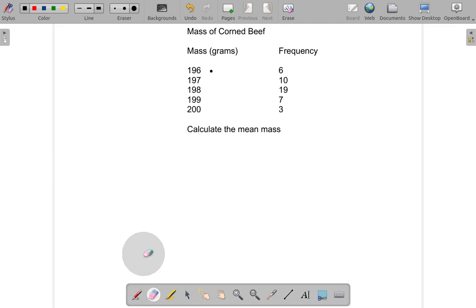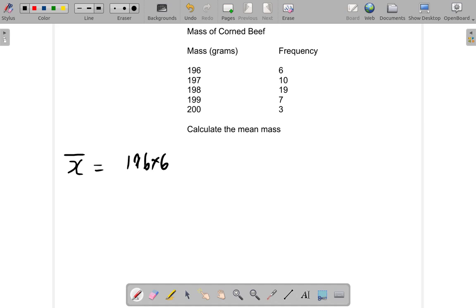So what you would say is, let me erase this jotting. Let me write the mean mass. Sometimes bar x is used to represent the mean. The mass is in grams. The mean mass is